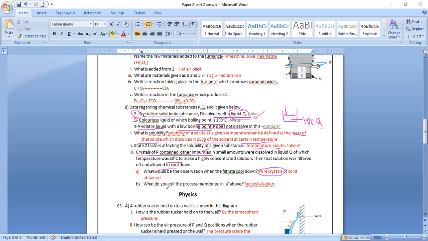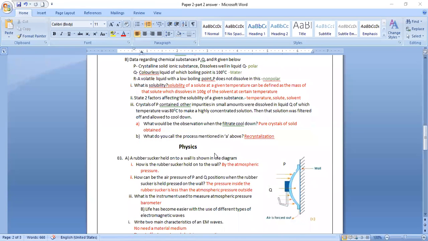Okay, right. Then what do you call the process mentioned in A? Making this crystal with impurities pure is called the recrystallization process. Okay, that you have learned in grade 11 unit 3. Right. Now we have the